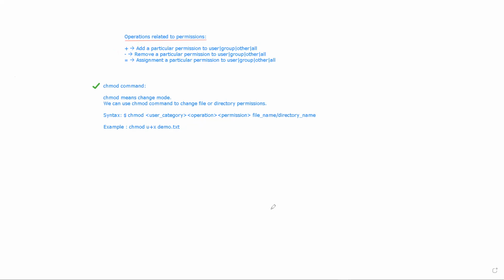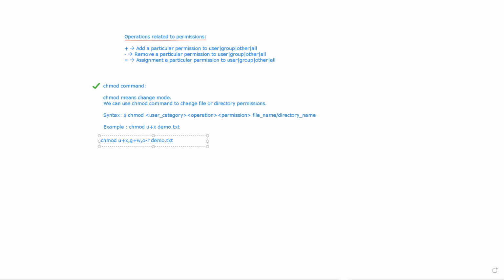Now let's say I want to manipulate the permissions at different levels, at different categories. Let's say I say chmod, I'm saying u plus x, assign the executable permission to the user, and assign the group write permission, then for the owner remove the read permission, and let's say I'm using the same file.